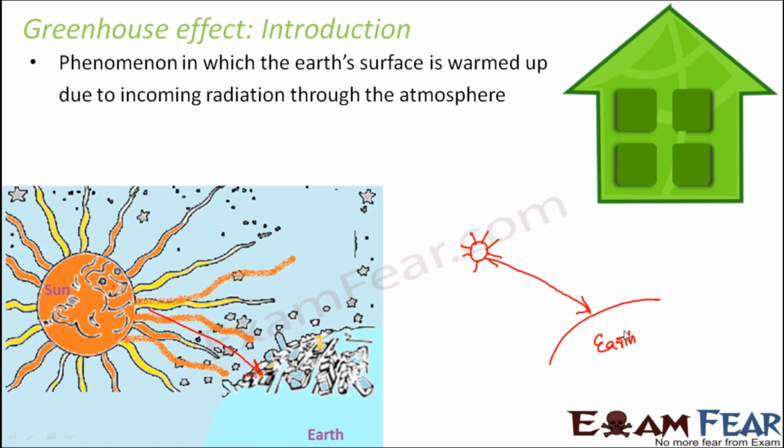Now what happens when the solar radiation is absorbed by all of these? They heat up, right? So the land absorbs the solar radiation and it heats up. The water bodies absorb the solar radiation, they get heated up. So when they heat up, they release heat in the form of infrared radiation, which passes out through the atmosphere